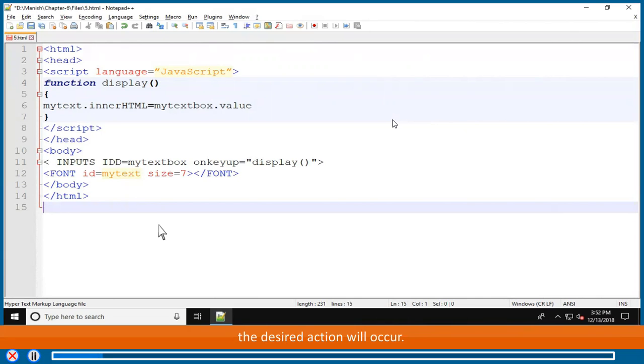function display() { mytext.innerHTML = mytextbox.value; } </script></head><body><input id="mytextbox" onkeyup="display()"><font id="mytext" size="7"></font></body></html>. Here the event onkeyup is mentioned as an attribute of the input tag and it is assigned the value,